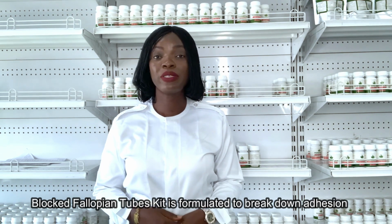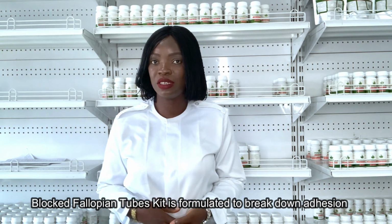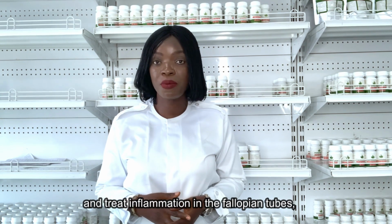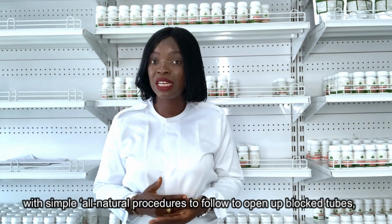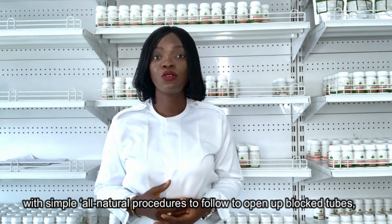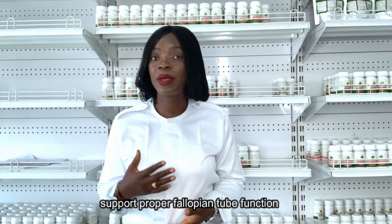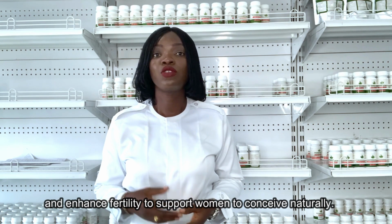Product description: blocked fallopian tubes kit is formulated to break down adhesion and treat inflammation in the fallopian tubes with simple all-natural procedures to follow to open up blocked tubes, support proper fallopian tube function, and enhance fertility to support